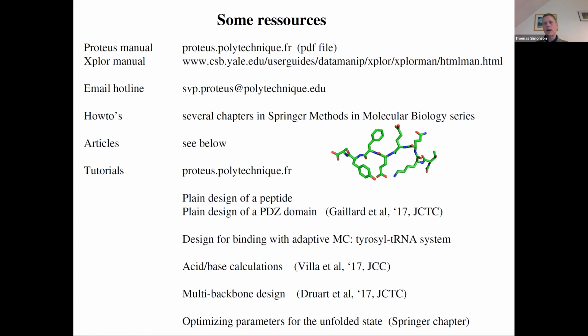And we've got a lot of functionality related to energy, subroutines, and so on. So the Explore manual is also a useful resource, and that's freely available online. We've got an email hotline, and really feel free to email us at any time. You can also email me directly.